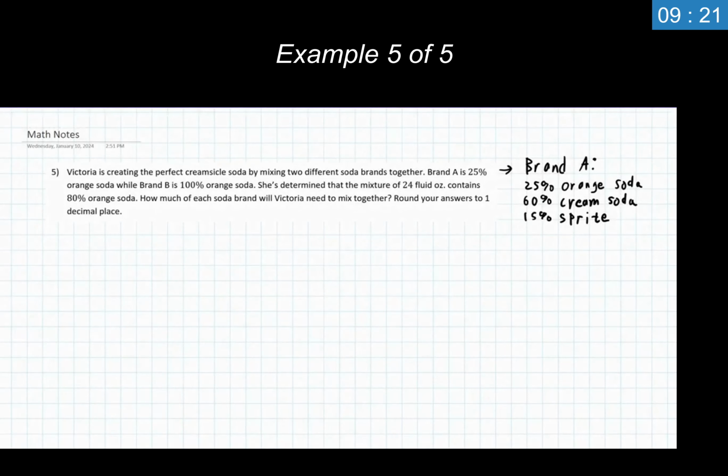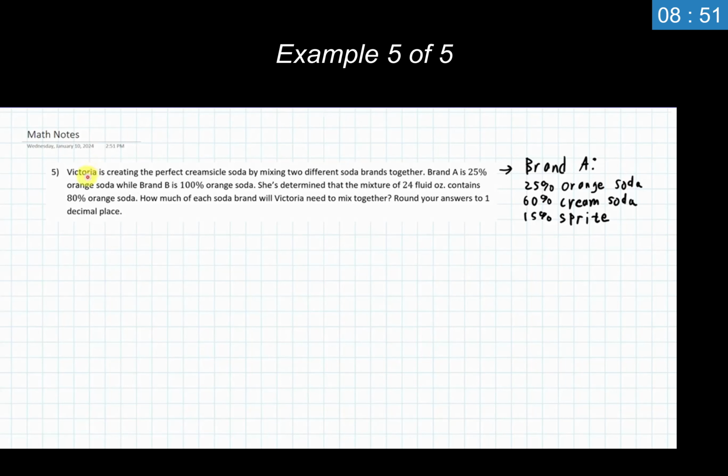Our fifth and final example that we're going to go through here has us working with percentages and concentration amounts. This is the type of mixture problem that I think is the most complicated for students and the one that has the most potential for really weird, random, and completely useless information showing up. So we'll take a look at this in a scenario where we can see useless information and also figure out how to deal with that.